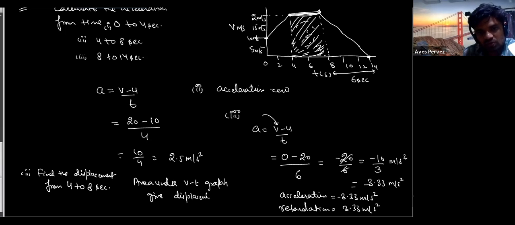Okay, so this is in a rectangular shape, so we can calculate this displacement. Displacement is equal to the length 20 into the breadth. The breadth from 4 to 8 is 4 only. So you can write 80 meter here, because the speed is in meters, so we write meters. If the speed is given in kilometer per hour, then we write the distance in kilometers. Got it? Still having some doubt?